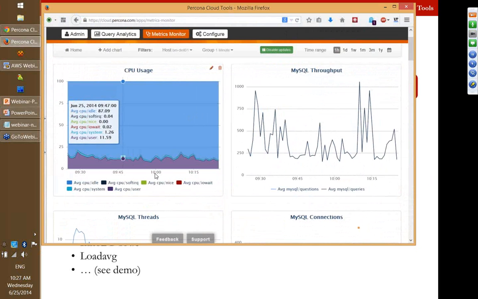If I point to some specific point in time, I'm able to see specific data at that exact minute. For example, right now I show that at 9:47 this morning on the MySQL Performance Blog server, we had about